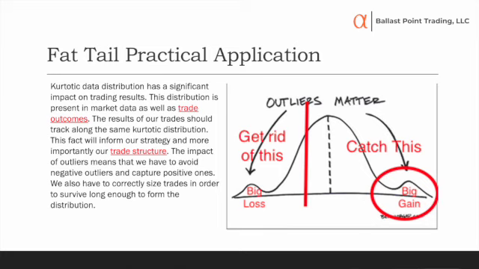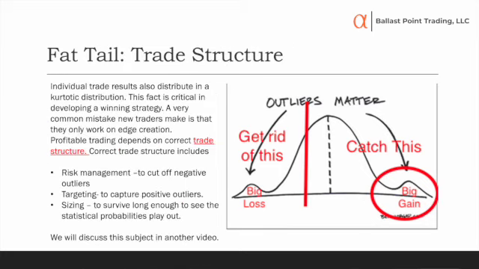First thing you got to do, risk management. Right? Now, the purpose of risk management, if I ask traders, say, why do you use stop loss or why do you use risk management? What they'll tell you is, well, so I don't lose money. Yes, that's true. The real reason you do it is to cut off the left side of this distribution, and the key thing is to get rid of the large outlier losing trades, the disasters that are out there, and they're in there. If you do 1,000 trades, there's about 70 disasters in there, 70 to 100 really bad trades. I don't care how small you are.